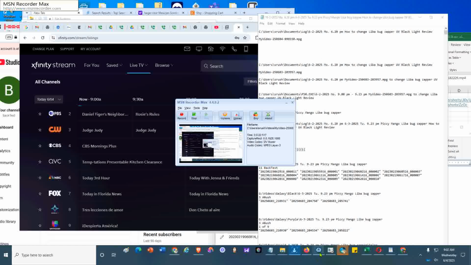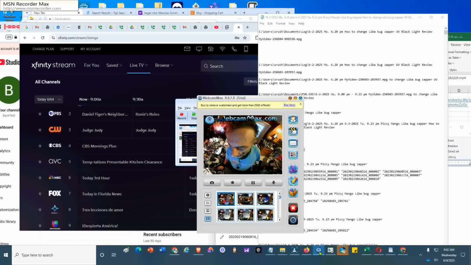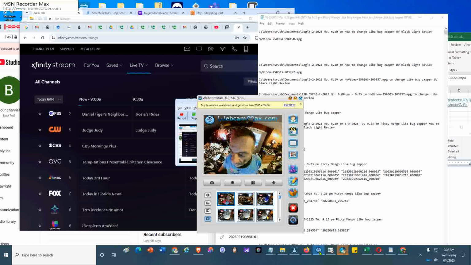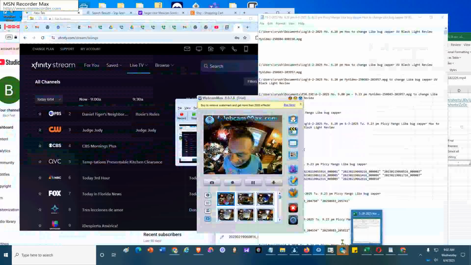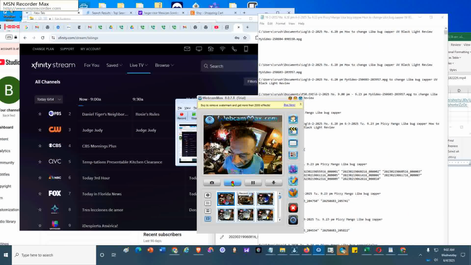The first one is going to be Webcam Max. This comes at us from a 360 J5 Create 360 camera, starting it. And then the next one is going to be